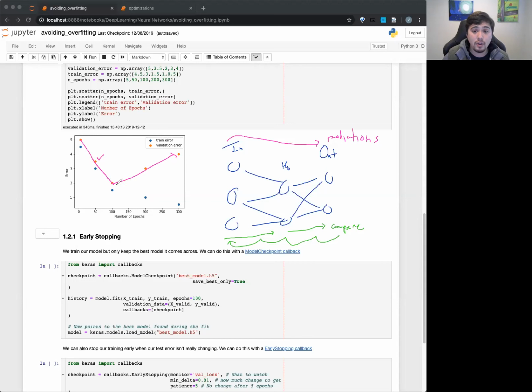Okay, so if we see this, we're like, hey, that's overfitting, right? The training error is getting better and better, which means the machine learning is learning, but it's getting better at the training error without generalizing. Essentially we're finding patterns that don't actually exist in the general data set. And then we see the validation error start bouncing up.